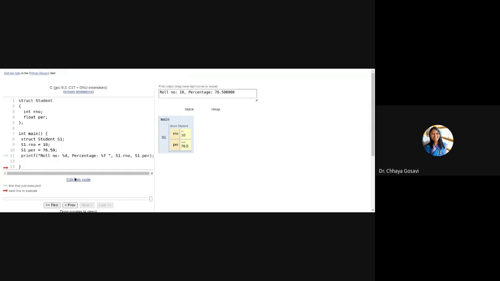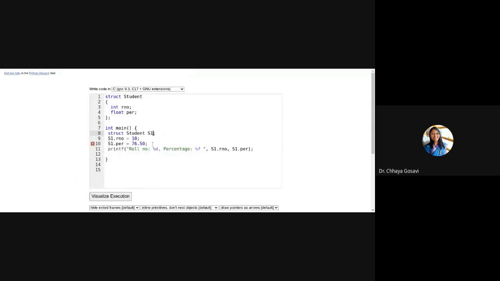I can create more than one data structure. I can create an array of students, say 2. I want 2 students. Then for the 0th student, this is the roll number and this is the percentage. See where I am putting this 0. It is like any other array, A of 0, A of 1. So at the 0th position, we have roll number and percentage. At the first position, S1 of 1, there can be information of another student. Roll number is equal to say 20, and S1 of 1 dot percentage is equal to say 87 point something.